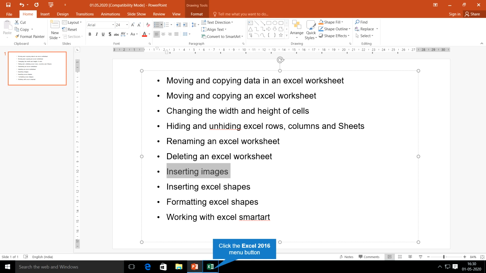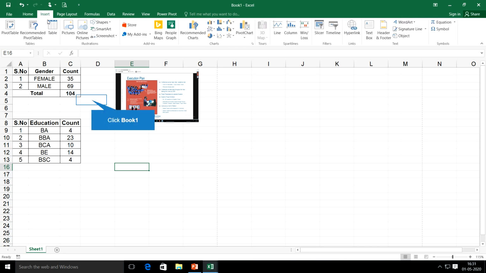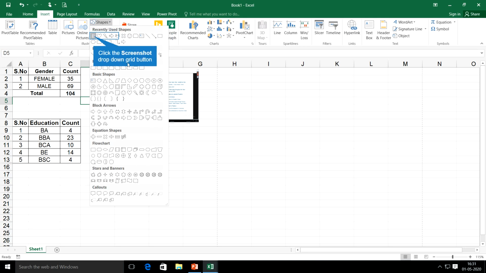Okay, then insert Excel shapes. Again going back to the insert menu, there you can see the option called shapes. Before that I tell you one more thing. If you have pictures on your system, you can select them from this pictures option, or if you want to browse from the internet, and if you have internet connectivity with your system, then you can select pictures through online also. Now we are trying to insert a shape. So shapes can be inserted from this option. Click on that shapes, you get a big drop down list.